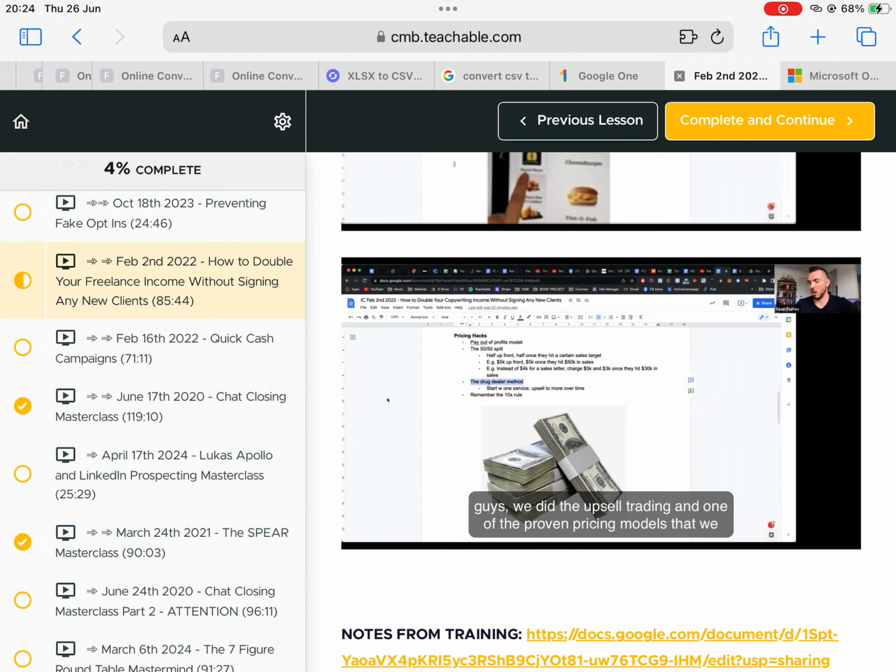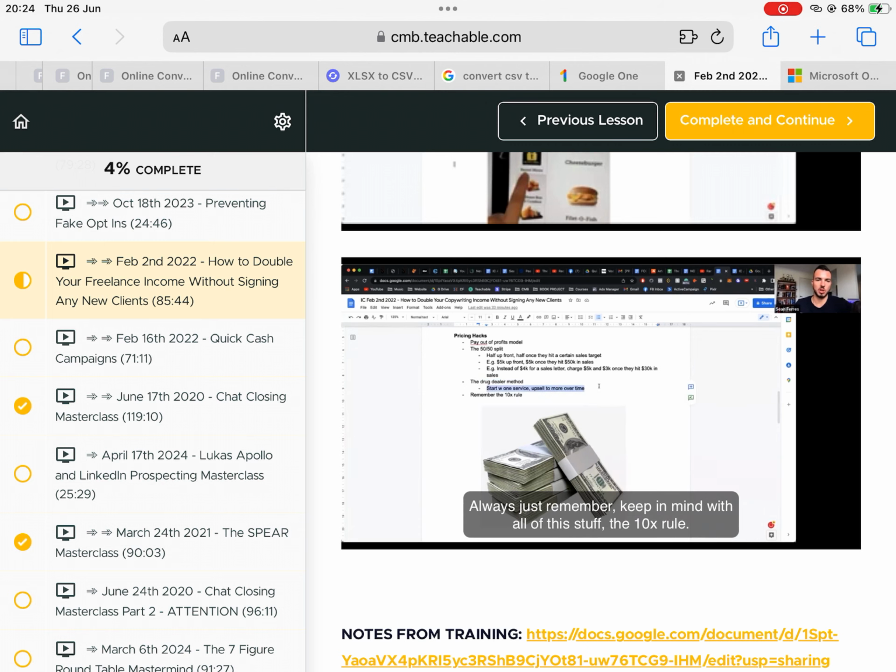It's a similar idea to, remember, we did upsell training, and one of the proven pricing models that we talked about in the sales page and the upsell training was just having 2 payments as a way to test price. So instead of a $97 upsell, one of the most proven pricing models and structures of upsells is literally just 2x97. You double your income straight away, right? Assuming all of the rebills go through. Rather than your 197, you're saying it's 2 payments of 97, and you're charging for the same thing. So it's pretty cool, and it doesn't really hurt conversions that much, which is crazy.